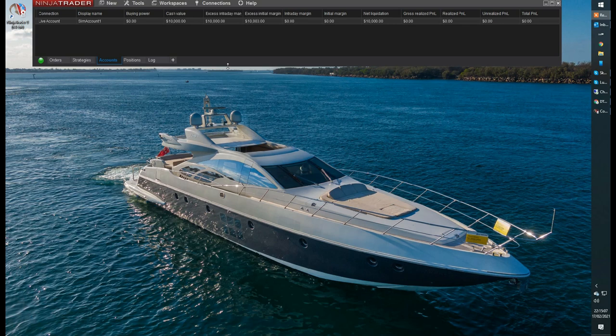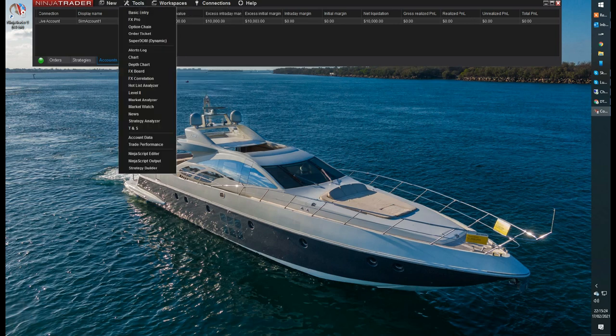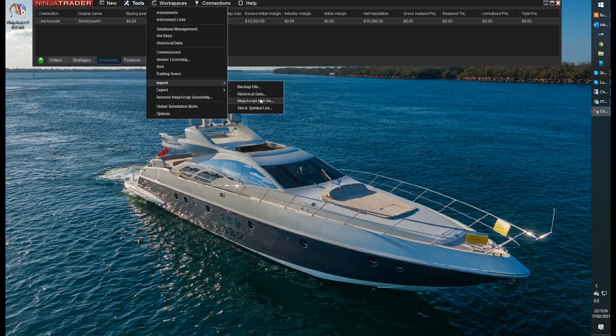Just remember to close your workspaces before you import a new assembly, then go to Tools and remove the old assembly, shut down NinjaTrader, reopen NinjaTrader, then go to Tools, Import NinjaScript Add-On, and import the new